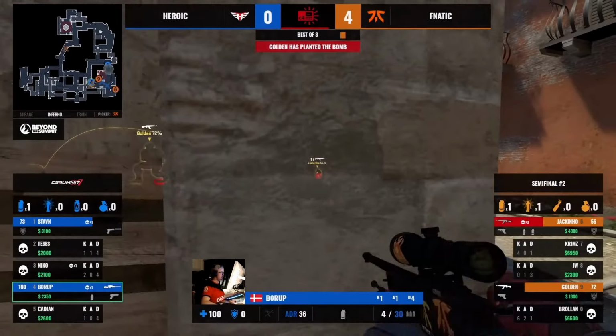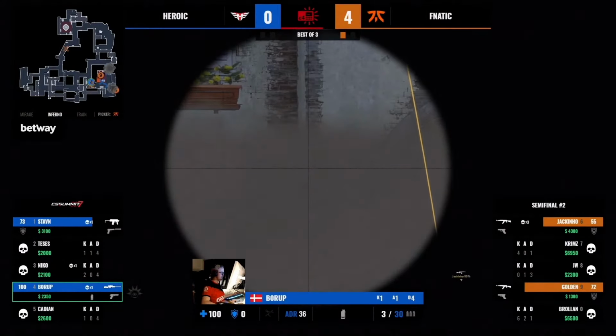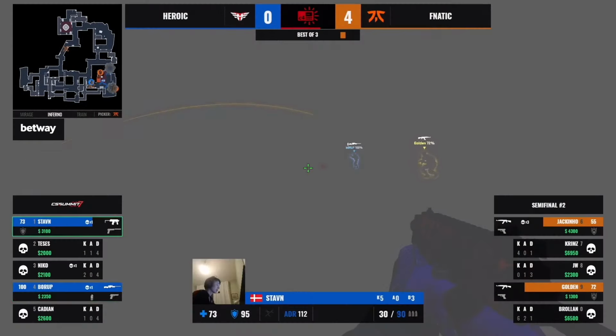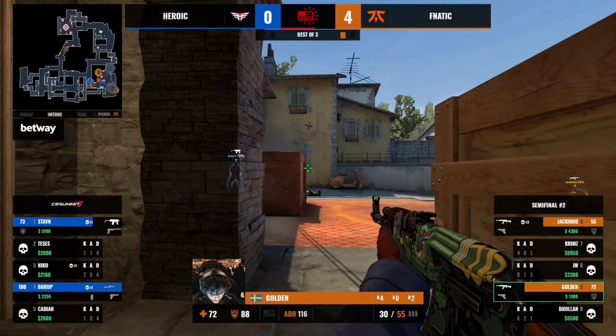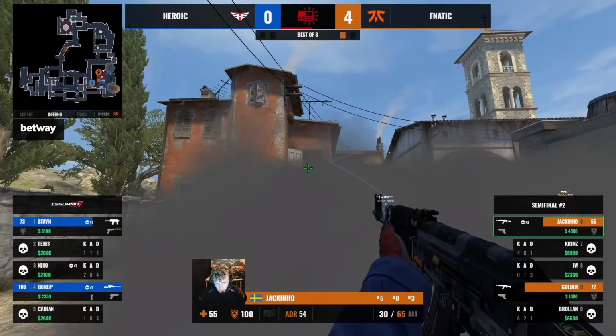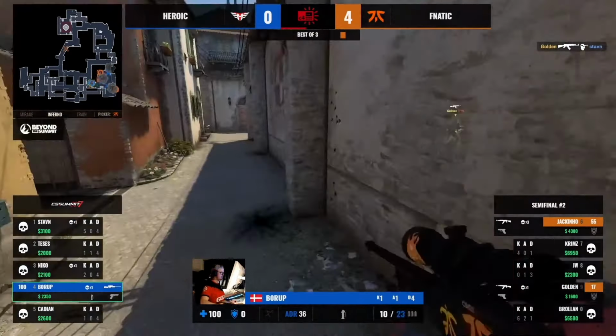Oh, wow. Okay, it's getting dangerous now, isn't it? It's heating up. Borup with the AWP trying to find the wallbang, and Storm has meanwhile picked up an MP9. I think in the smoke he found an MP9. So there could be a moment here. There goes the nade. Well, Golden's going to deal with Storm,